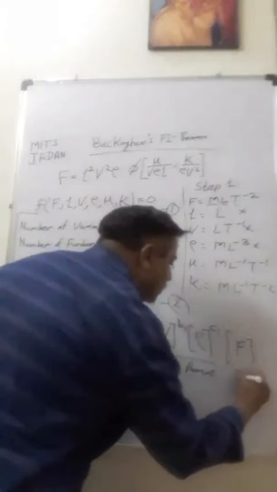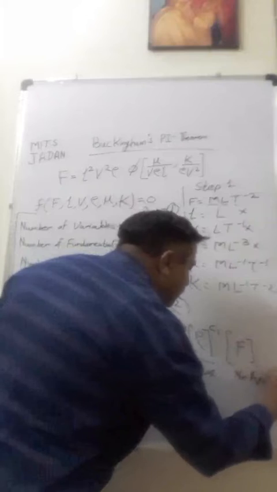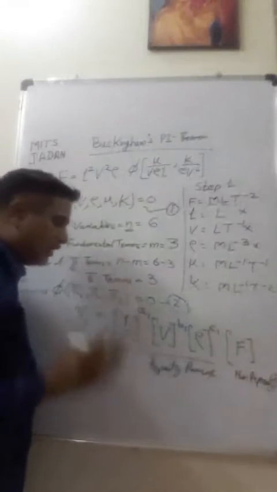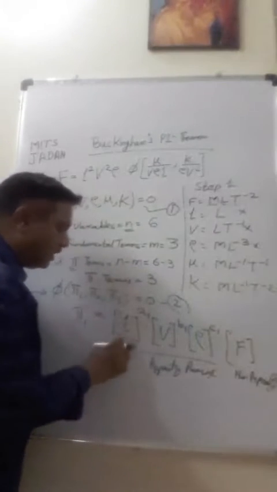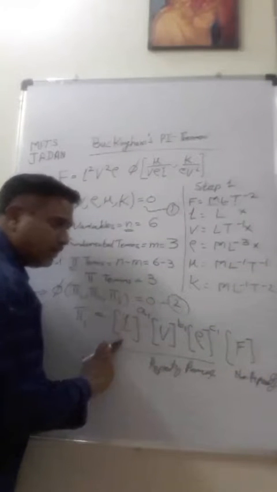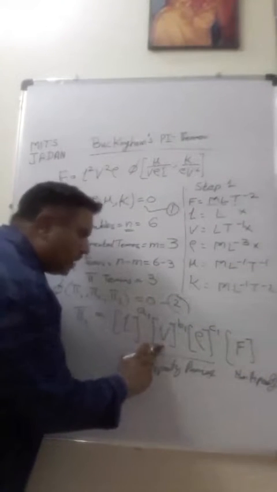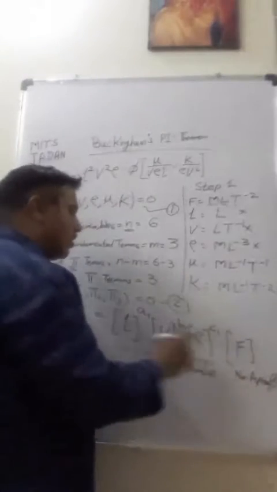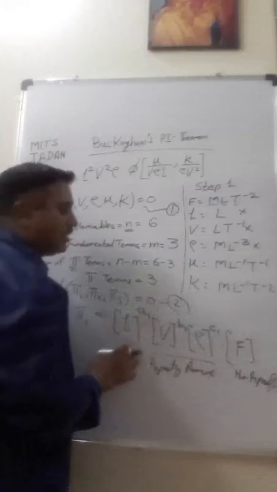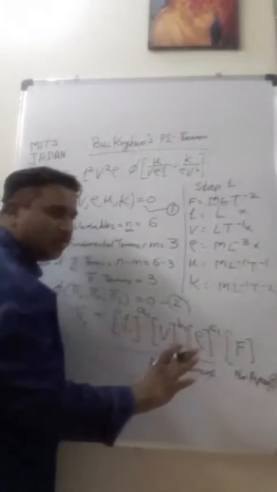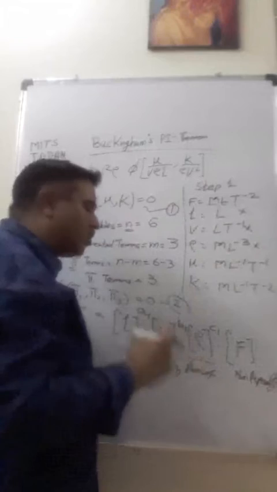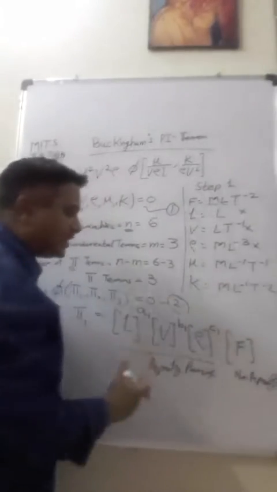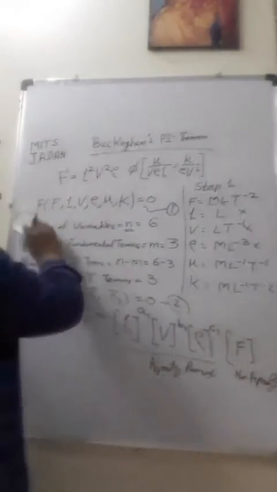This is non-repeating. Here, one thing should be very clear: one has to be a geometrical parameter, another has to be the flow parameter, the third has to be the fluid parameter, and the fourth you can select anything. It is not mandatory that you select these; you can select any three. There is no problem. But this is a general guideline so that your problem becomes easier and you can solve it faster. Now I am removing all this and I am solving for the first pi term.